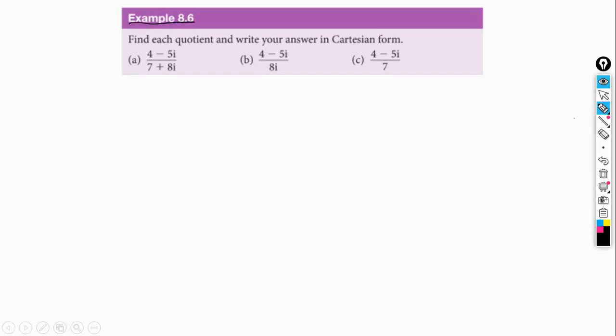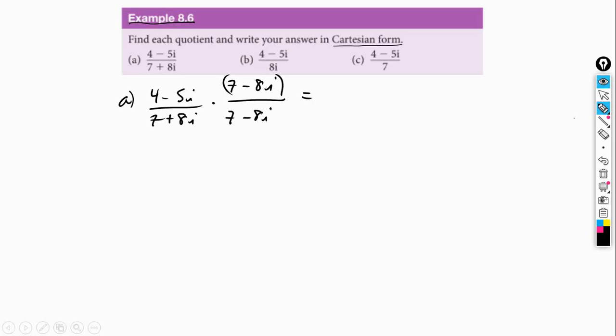So we continue with example 8.6, and it says, find each quotient and write your answer in Cartesian form. So Cartesian form just means separating the real part from the imaginary, right? Okay, so for a, we have 4 minus 5i divided by 7 plus 8i. But we already know that all we have to do is multiply by the conjugate of the denominator, which is 7 minus 8i, and then also on top, 7 minus 8i. So we have distributive property for the numerator, and here we're going to get 28 minus 32i